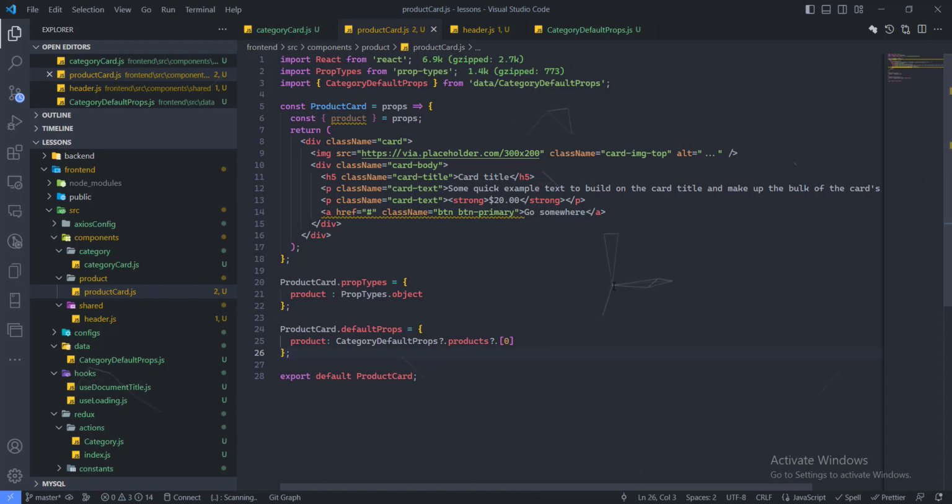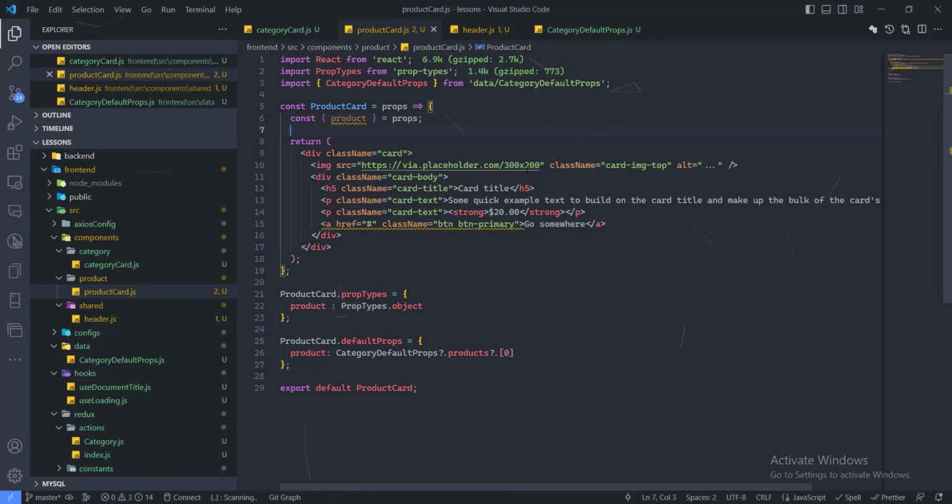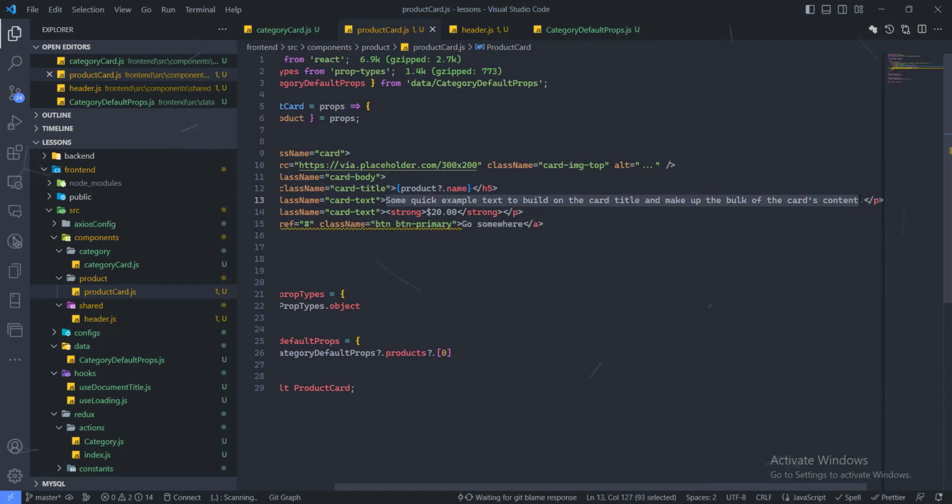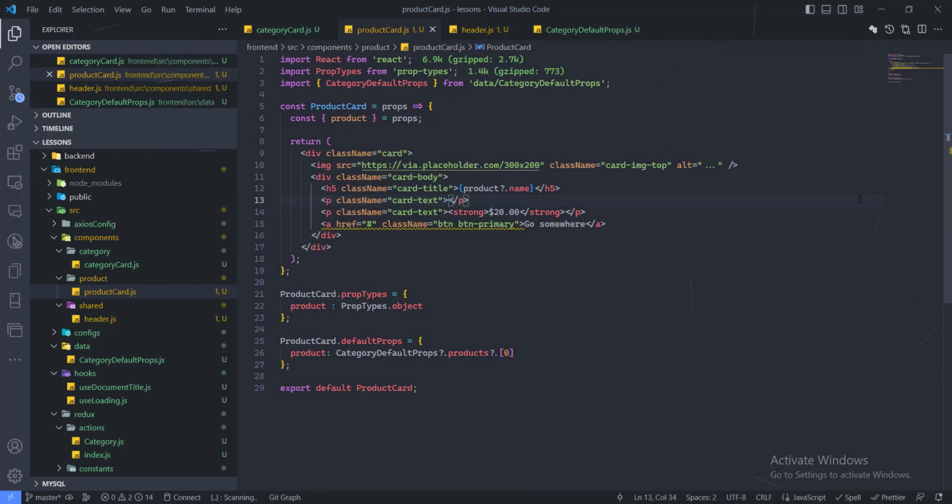And so let's go ahead and start using that within our card. So the first thing we need to do is add a product name. So this will be product.name, and this will be very simple. Just going to do everything very simple. So this will be product.description,